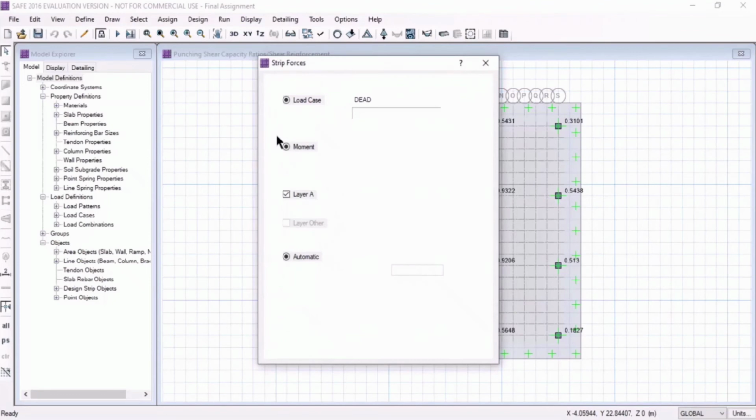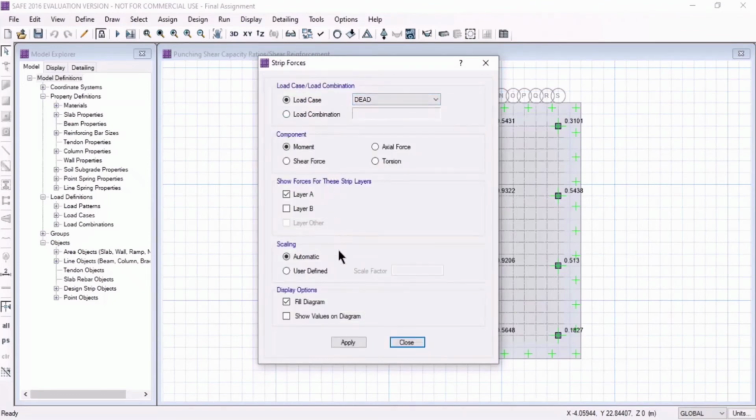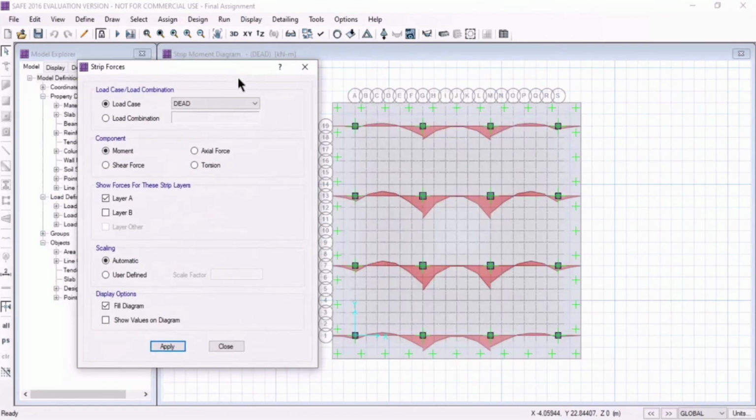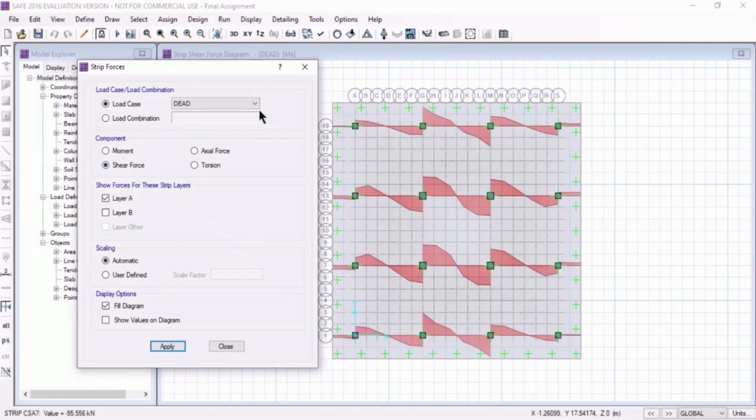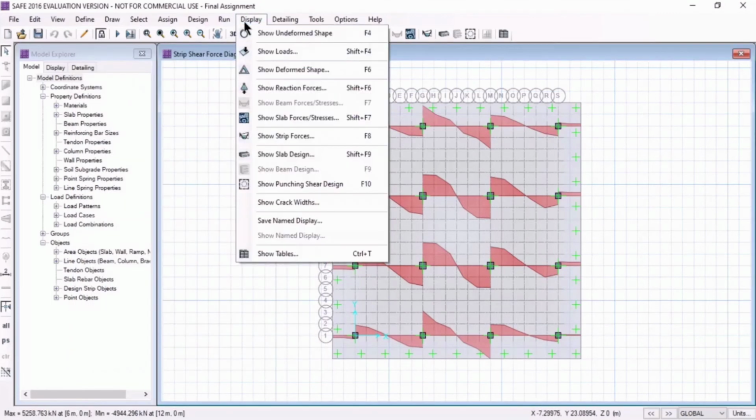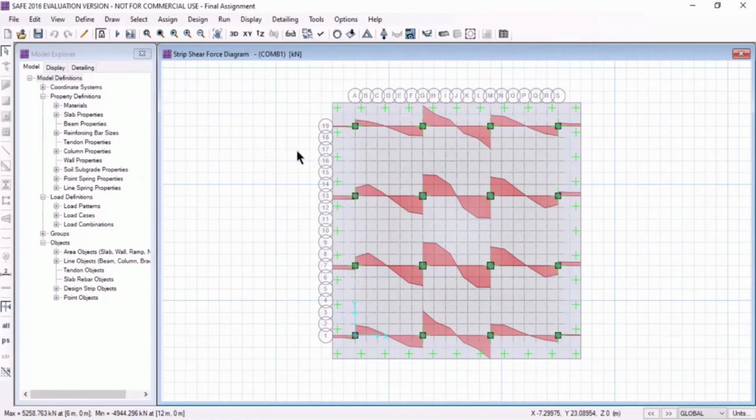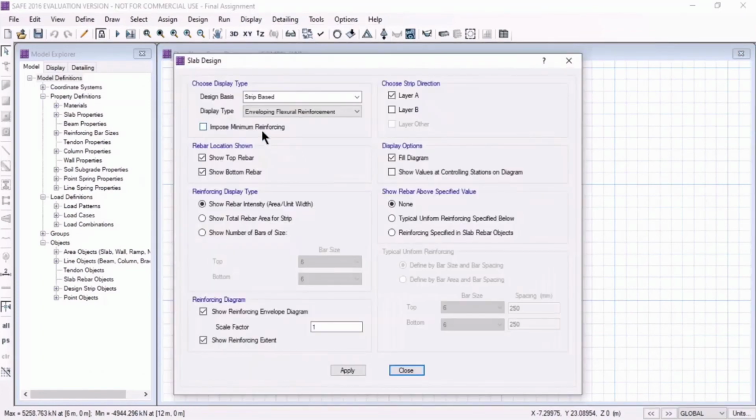We can check the forces and moments now. We can also check the slab design.